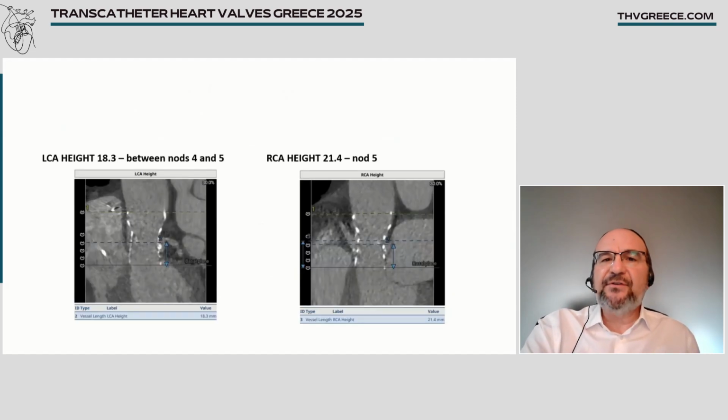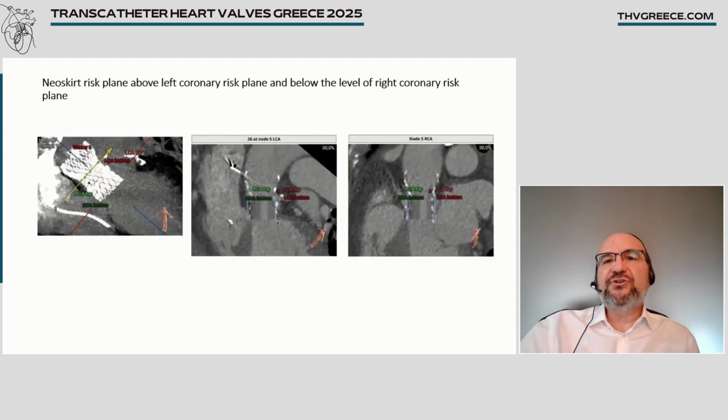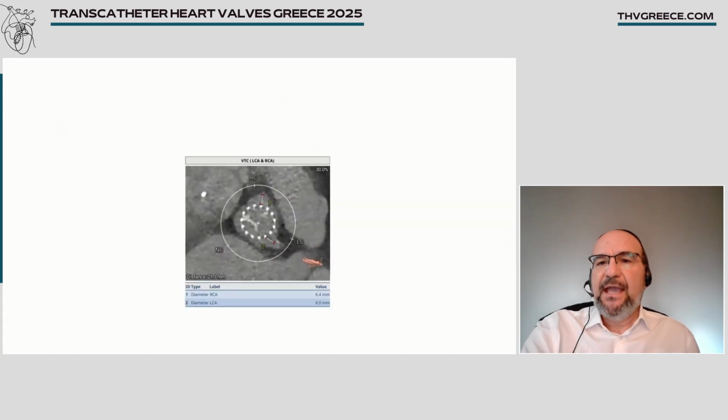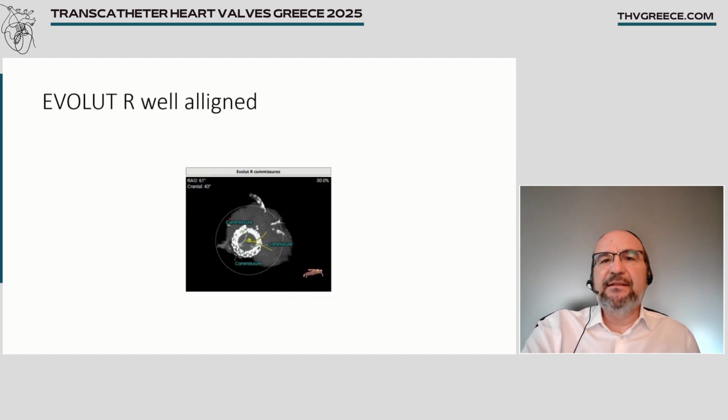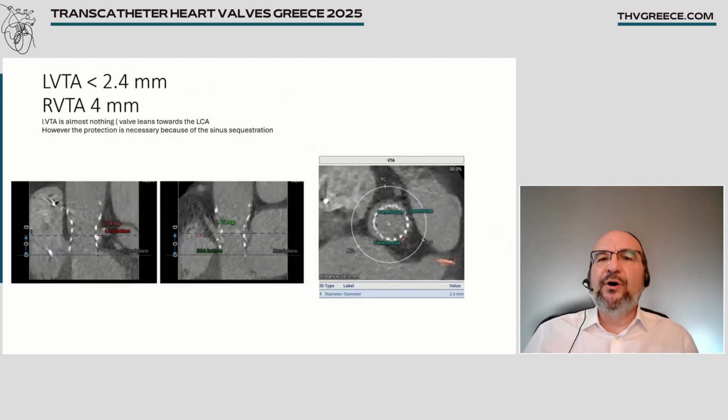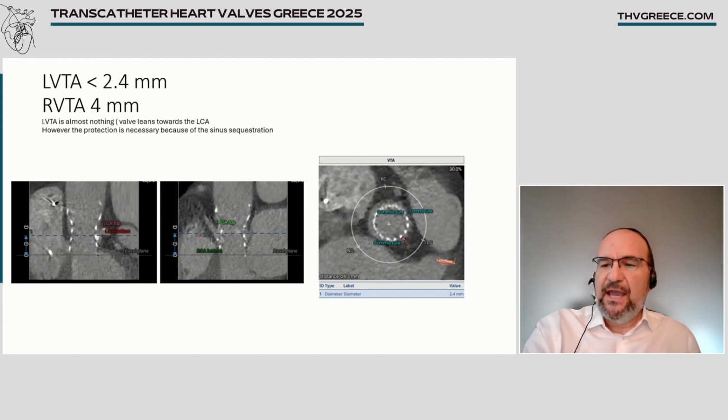So in our case, the left coronary artery height was 18.3, so it was between node 4 and node 5. And the RCA height was above the neoskirt plane. So the neoskirt plane was above the left coronary risk plane and below the level of the right coronary risk plane. So we had a problem with the left coronary system. And although the VTC was quite good, more than 6, and the Evolut R was quite well aligned, the VTA was less than 4, the left VTA. So that means that if we didn't protect the coronaries, we would have sinus sequestration and